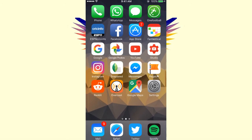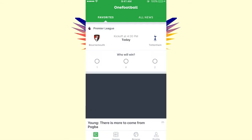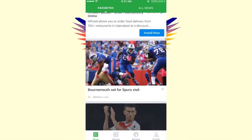Right, so the very first row you can see I've got all green icons. I think it just looks good. So we have phone, WhatsApp, messages, which are simple social apps, and I've got One Football, which is primarily just a football oriented application. That's it. It gives me all the information. So I've selected my favorite team, which is Tottenham, and it gives me all the news regarding Tottenham, and then